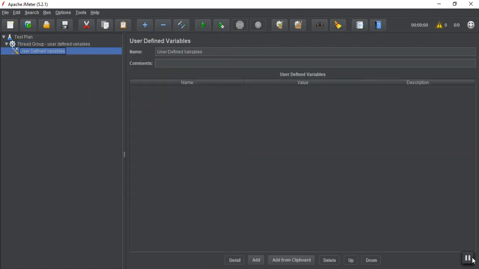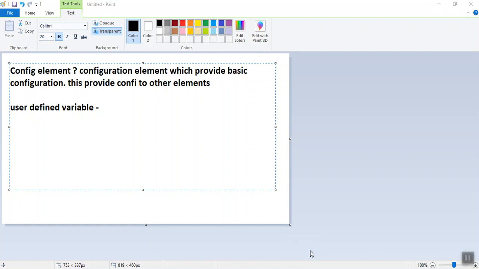Fine, I have added it. So what are user defined variables? They are just the variables which the user defines.